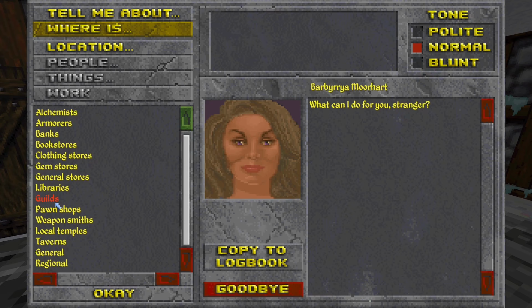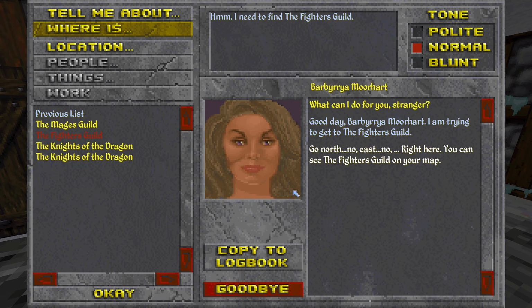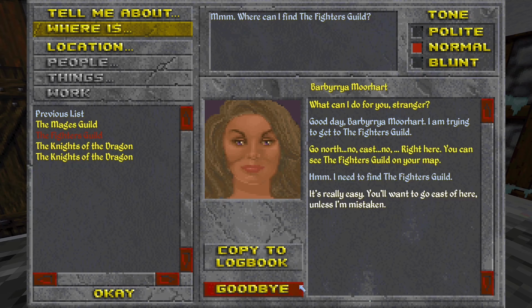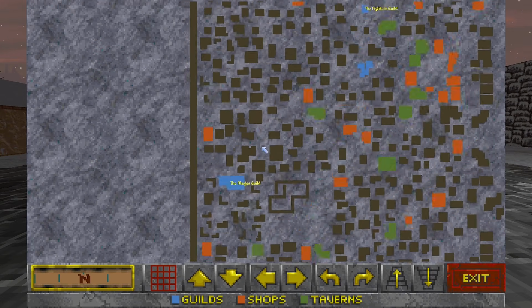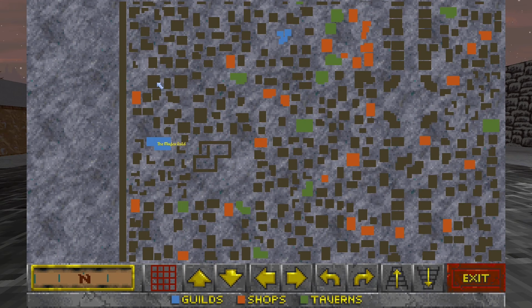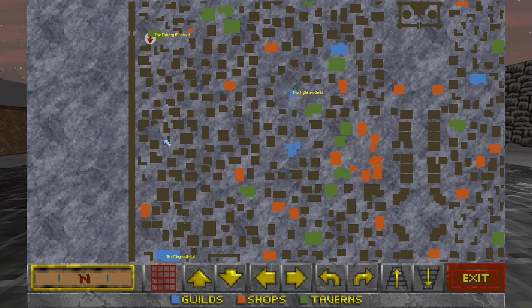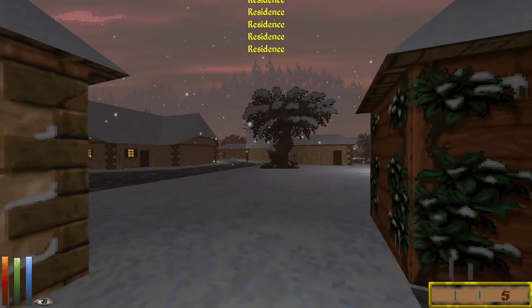That's going to wrap up my part 1 guide about how to get out of the first dungeon. Next, we're going to talk about how to find certain guilds and other locations by talking to people and getting to mark it on your map, which makes it a lot easier to find in this massive city. For example, a peasant gave me the location of the Mages Guild, so now I know I just need to go south and I don't need to walk around clicking on every single building,